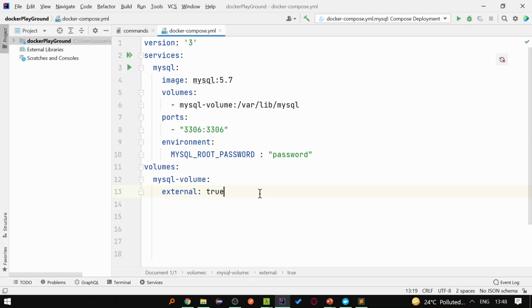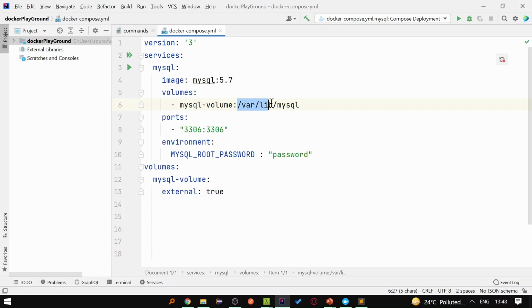Assigning volumes in Docker is really simple. There is a predefined directory in MySQL where all the data gets persisted, that is var/lib/mysql. Now we are assigning volumes against that. The MySQL volume will be available on the host machine, and var/lib/mysql will be in the container.